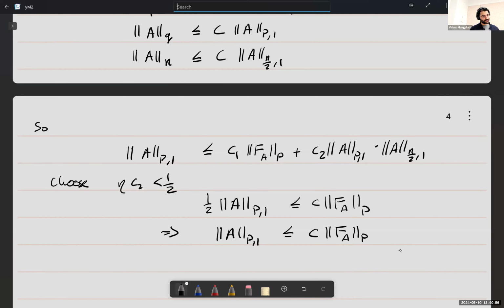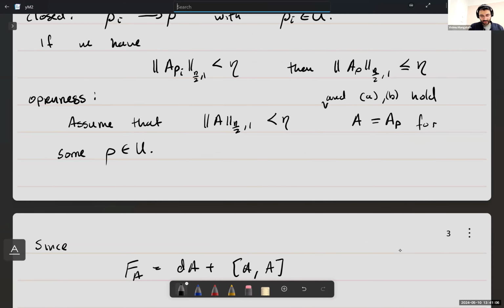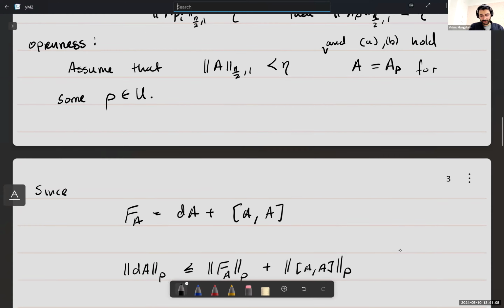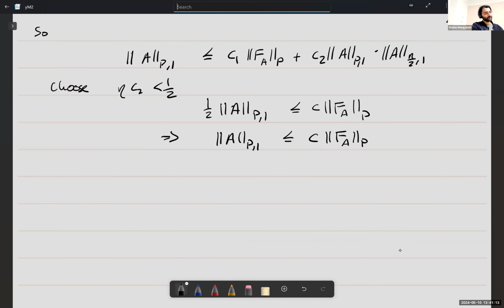Okay, so we get back from assuming this open condition, we get back our original condition. And conversely, if we set